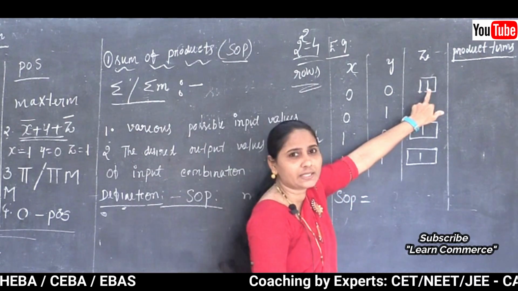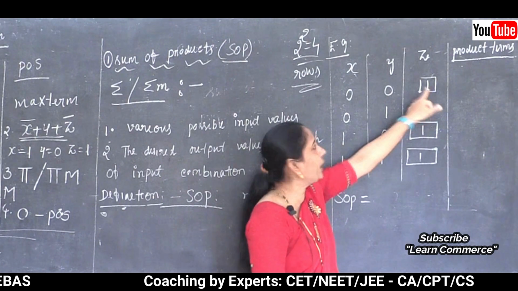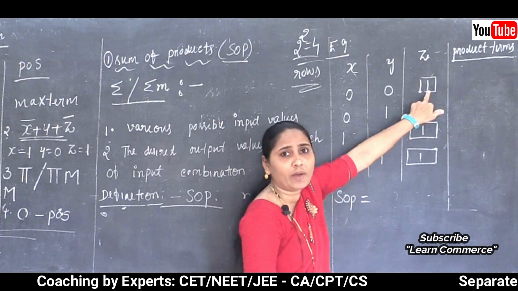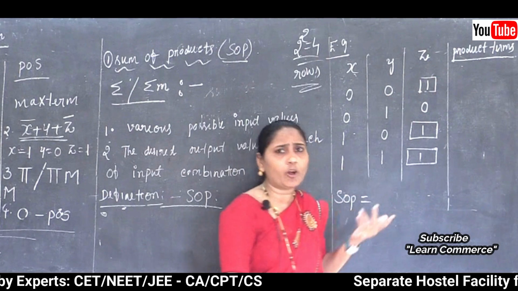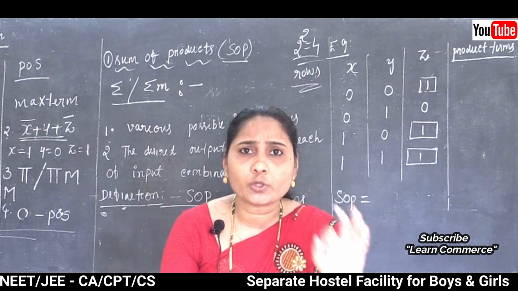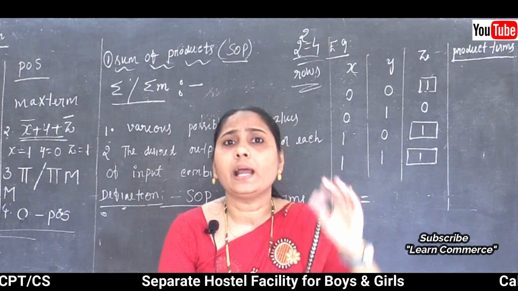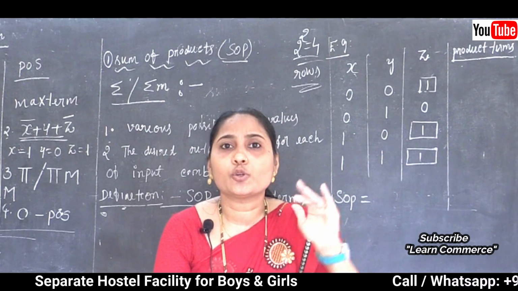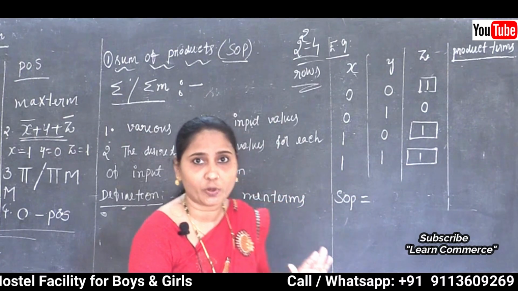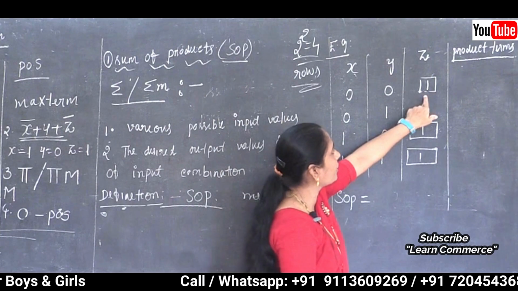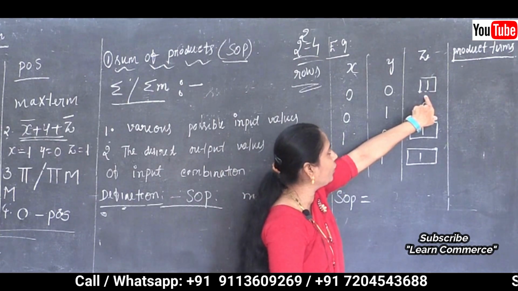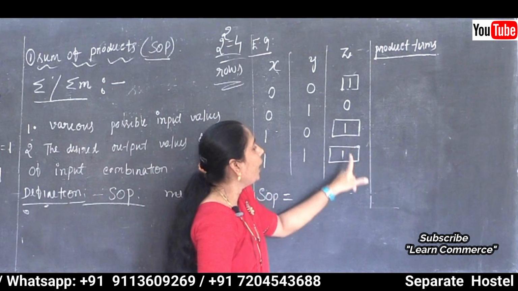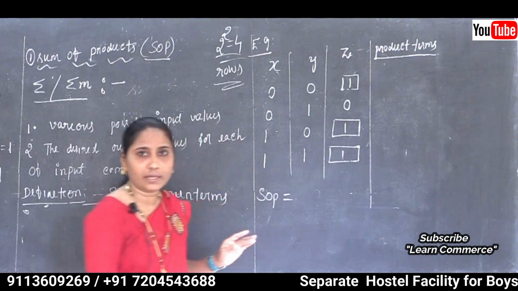So not only in the result, it is not necessary to take the value 1 only in the first column. In any column you can take the value, but wherever the value 1 is there, such values we need to take to form the SOP. Clear this point here? So I took the value 1 in our first column, in the third column and in our fourth column. Clear this point here?